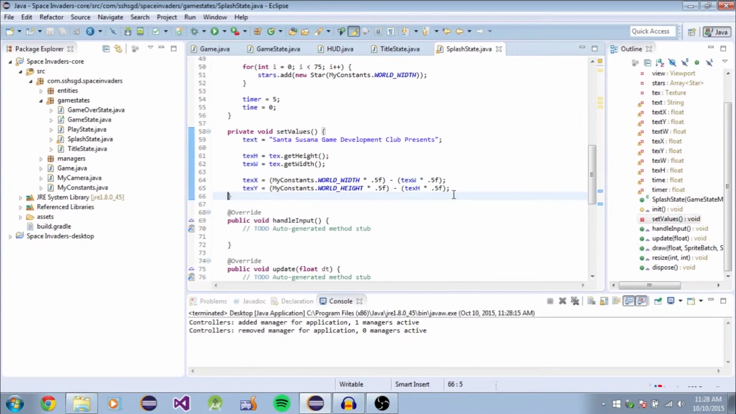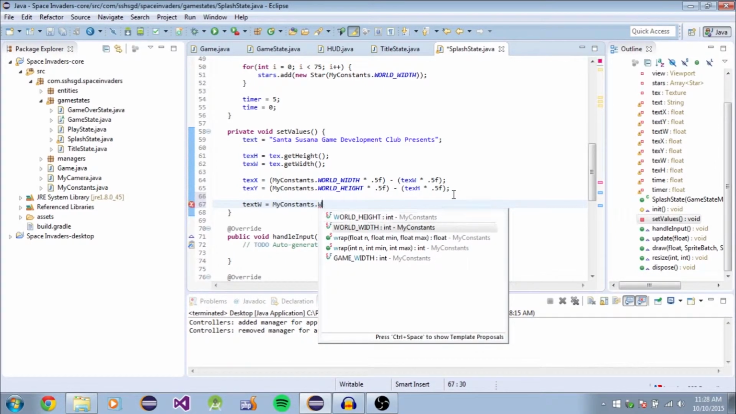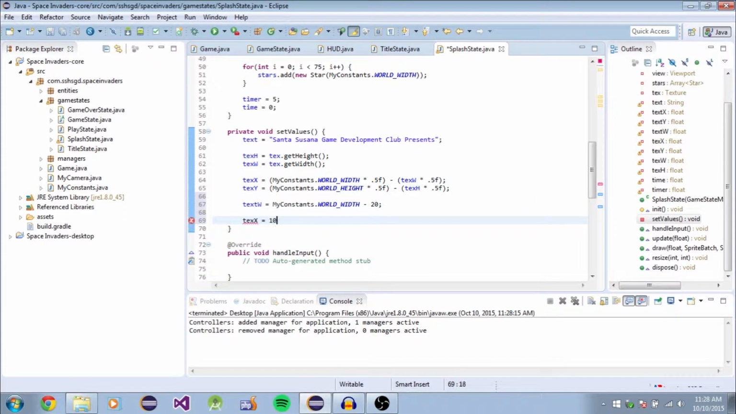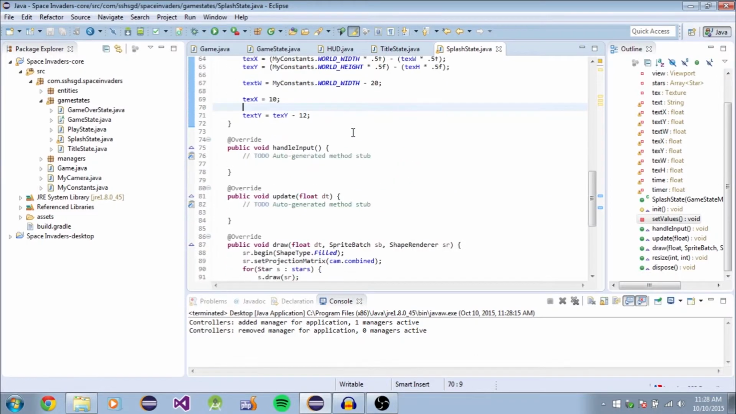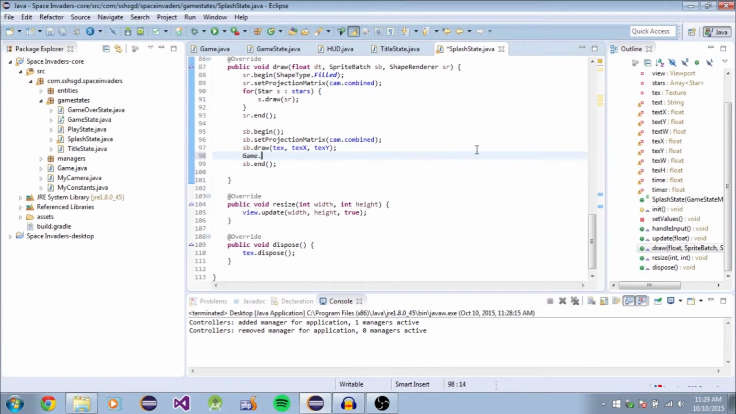Alright. And then text width is my constants world width minus 20. Text x equals 10. Text y is equal to text y minus 12, because remember the string's y coordinate is at the top right and the texture's coordinate is in the top left, or bottom left, sorry. So I want